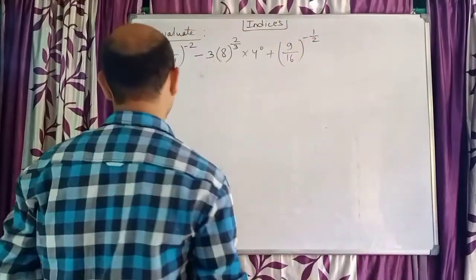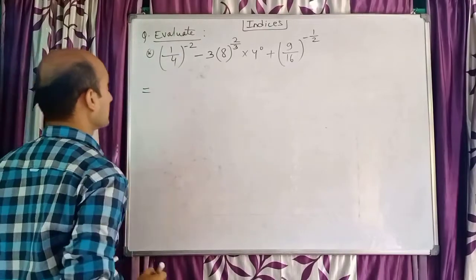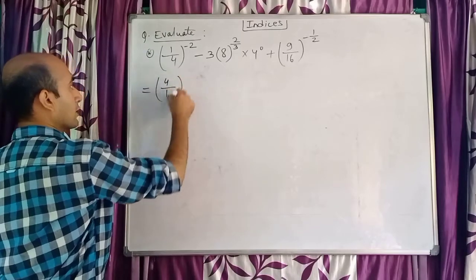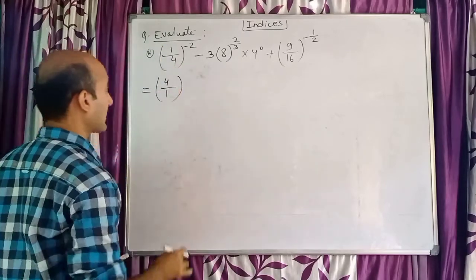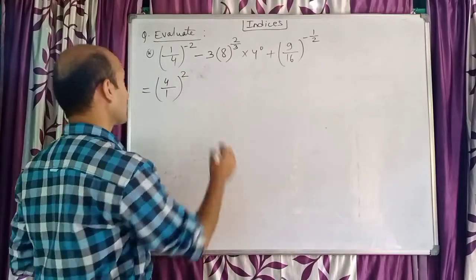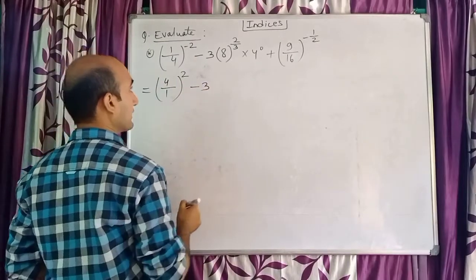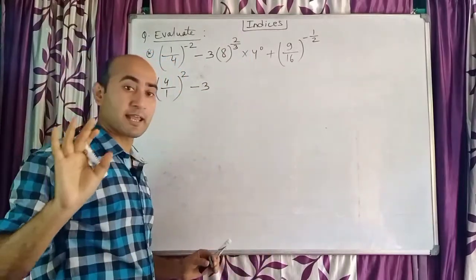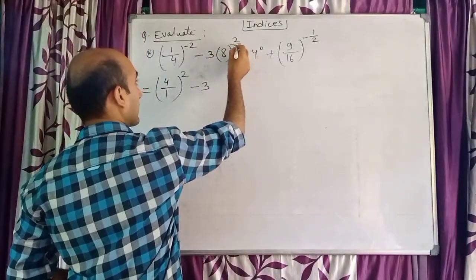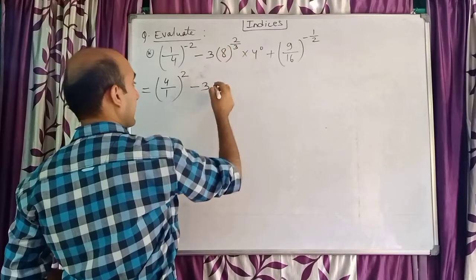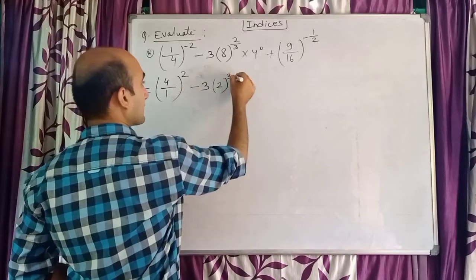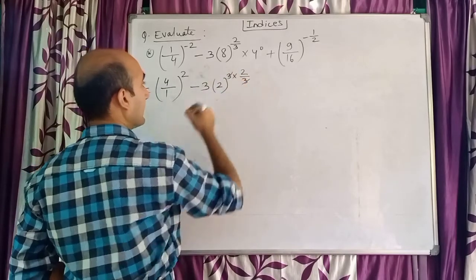So let us begin this question, children. First of all, I will try to make it a positive power. So 1 by 4, interchanging numerator and denominator, becomes 4 by 1, and then the power will now be not minus 2 but plus 2. Next, minus 3, as the power is perfect, it is not negative, it is positive power. But now your target should be looking at the denominator of the power, that is 3, and deciding for 8. So 8 is the cube of 2. When 3 will come here, then in this 2 by 3, this 3 and 3 will cancel.